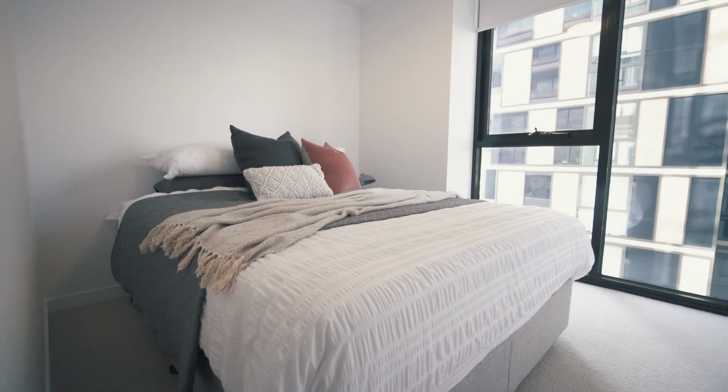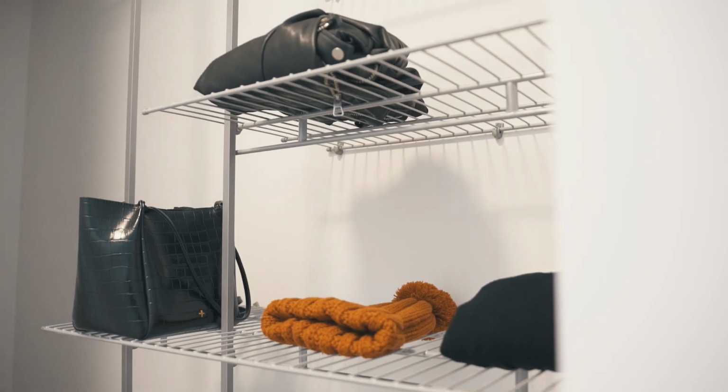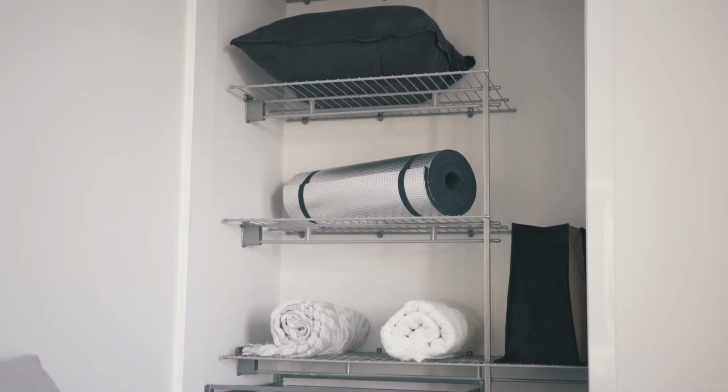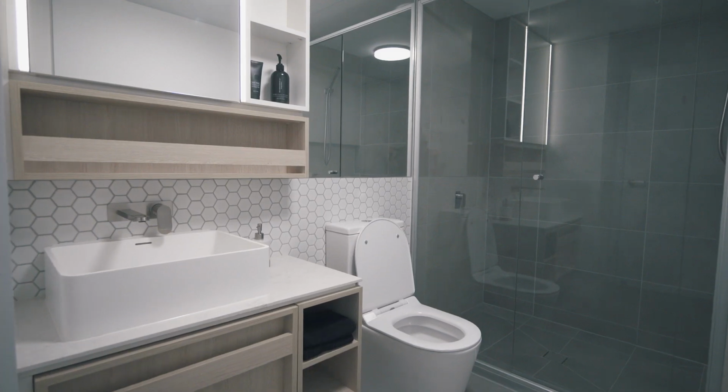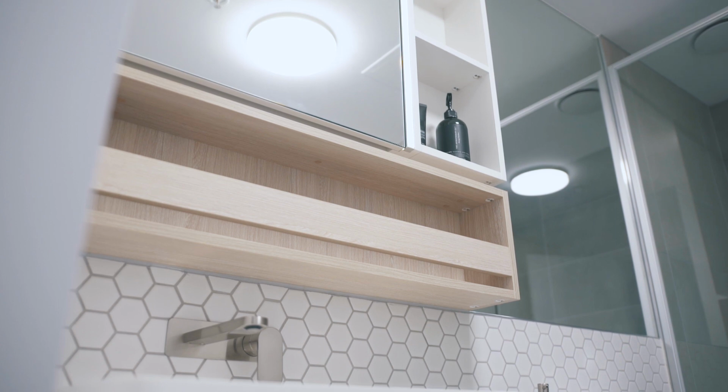The queen-size master bedroom offers ease of living with a built-in, fully fitted twin wardrobe, while the second, equally spacious queen-size bedroom provides further storage. Modern and stylish, the bathroom comes complete with mosaic porcelain tiles, while shelves and cupboards add to the mix of